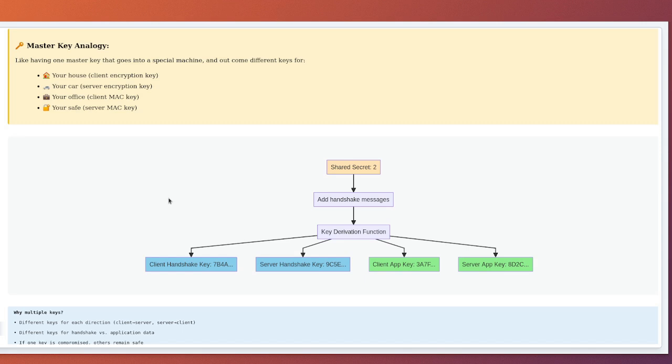The encryption itself uses the keys derived from our shared secret. Remember our example where Alice and Bob created shared secret 2? That goes through a process like this. Take the shared secret 2, mix it with the transcript of all messages so far. Imagine a summary of the conversation. Add a label like client handshake traffic, and run it through a special function that outputs a much longer key. For example, 16 bytes for AES 128. It's like putting ingredients in a blender where even a tiny change in inputs creates a completely different smoothie.